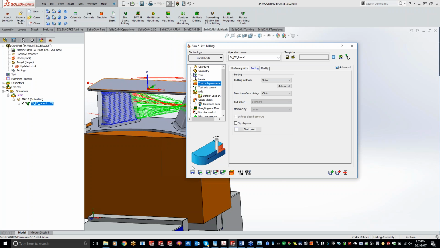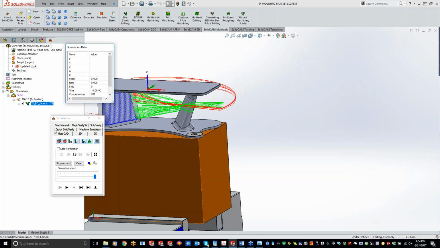Zach Prater is actually the one that came up with it and did a phenomenal job on it. He's actually going to put together a part for you guys to show you the difference. It's more along the machine sim side of things. He said he may have something ready next week for you guys, but possibly the week after, and we'll show you the difference of what it's doing there. You really get a lot more showing movements in there. When we say simulate here and do machine sim,